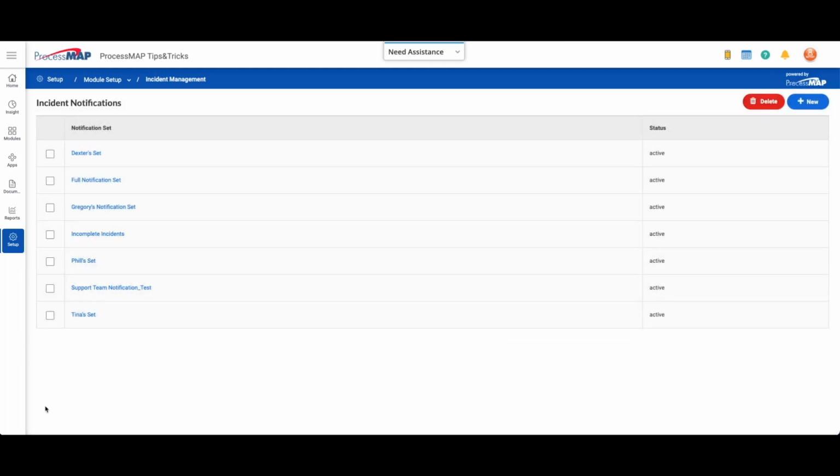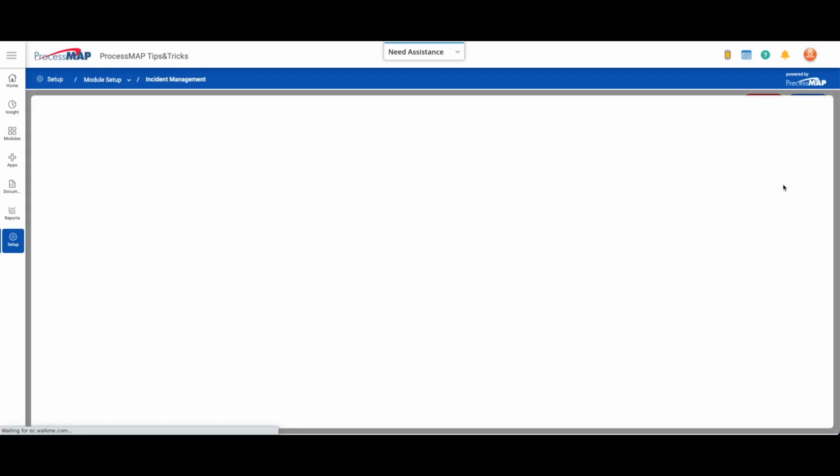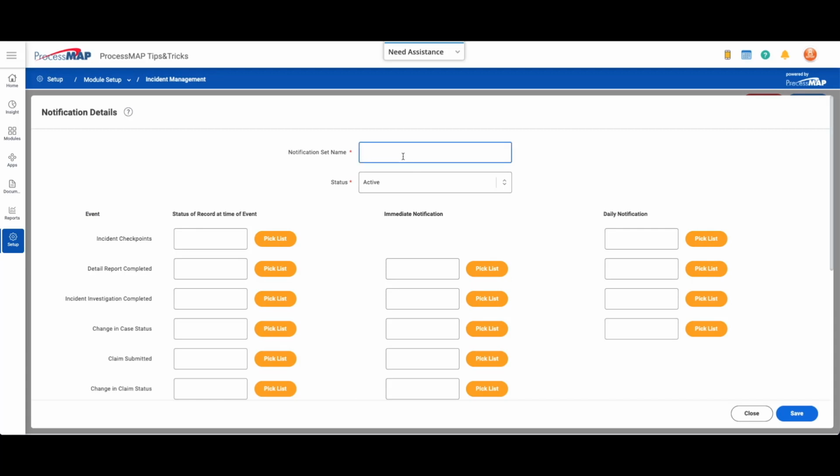I also want to point out that if you have new notifications that you want to create, all you have to do is press new, give it your selected name. You can activate them immediately, or you can wait to ensure that you get everything correct if you want to show a supervisor. And I want to point out that the way these notifications work, they work on a